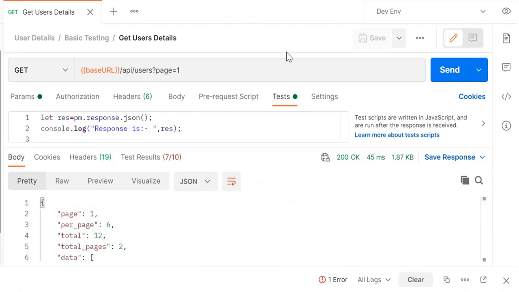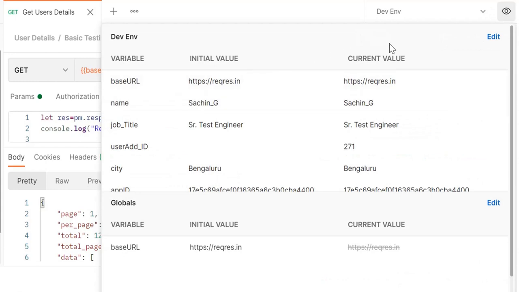So I can say the global variable will be used in the absence of an environment-specified value. If a value doesn't exist in the environment, then it will be picked from the global variable. If it is matching in both the environment as well as global, then the priority will be higher for the local variable, or I can say the environment variable. I'm using environment as local and global as global. So this is the difference between environment and global variables.